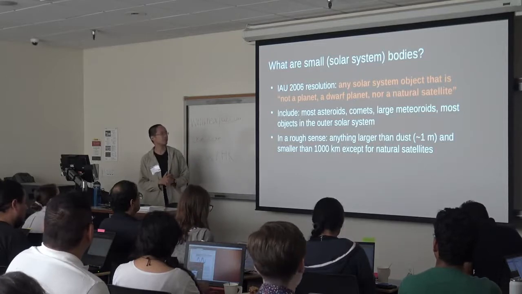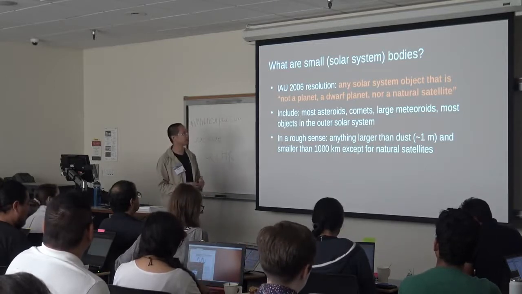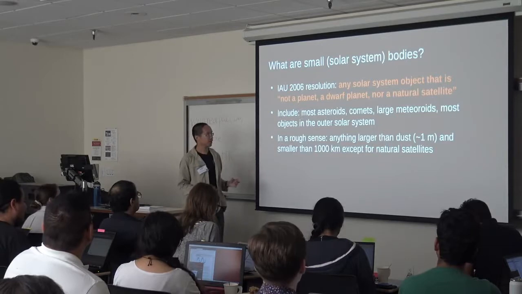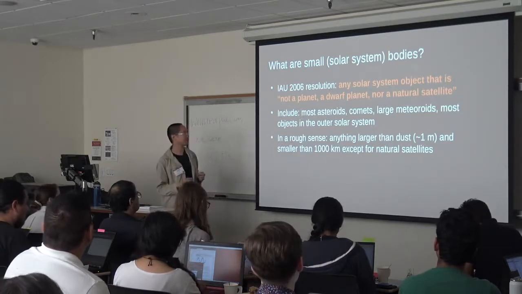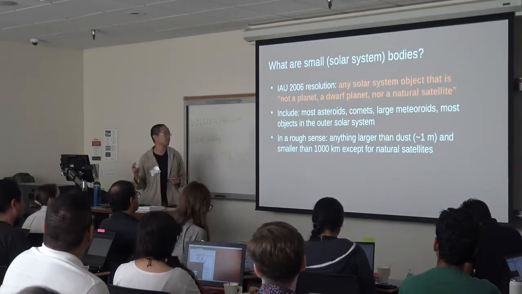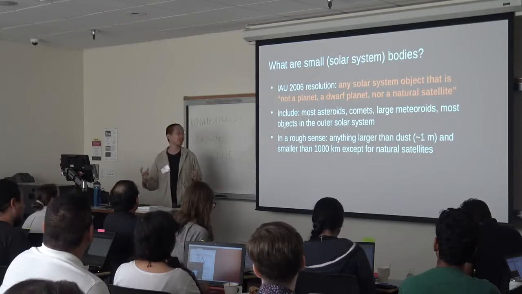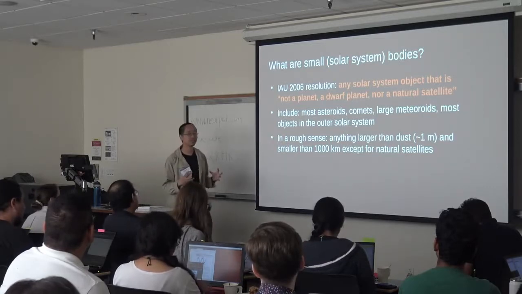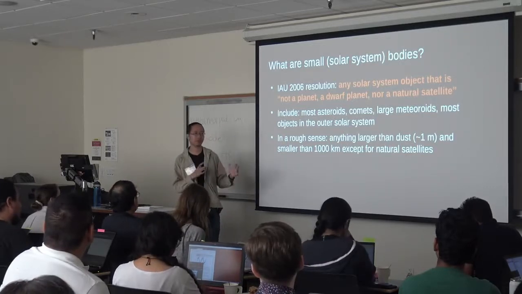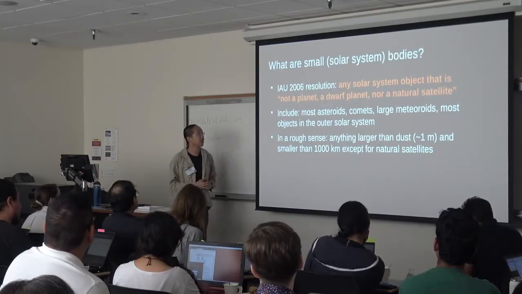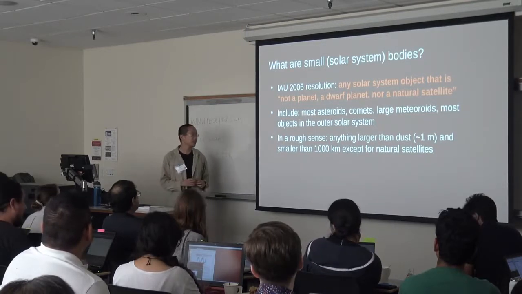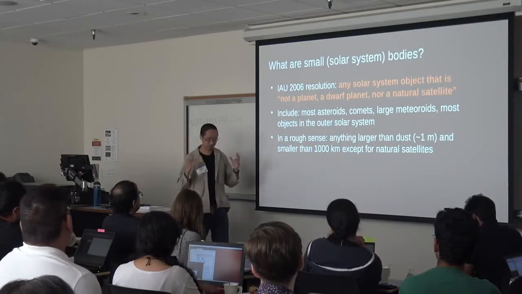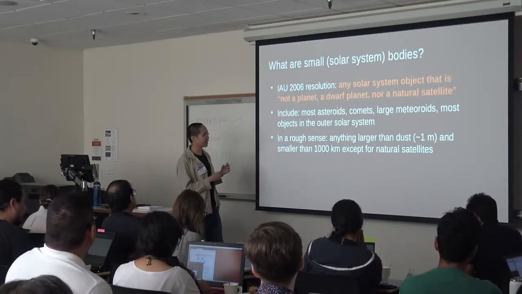This is a pretty obscure language. So let's put it another way. This includes most of the asteroids, comets, large meteorites, large objects in the outer solar system. So why do I say most asteroids? Well, because some of the largest asteroids, like Ceres, the biggest object in the asteroid belt, are in fact a dwarf planet. So in a rough sense, if you wonder what they are, anything larger than